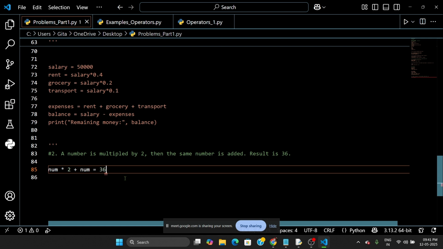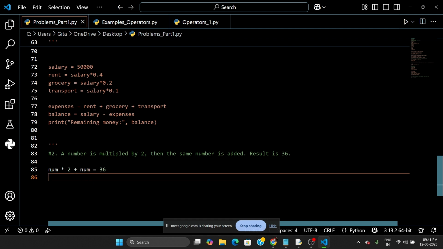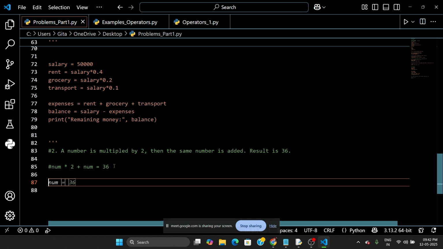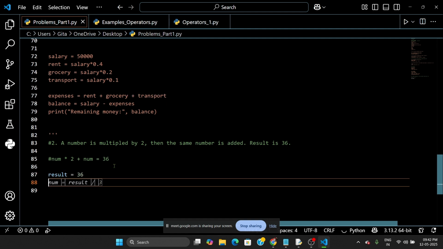ठीक है, नम, जिसका हमने रिजल्ट कितना मिलना चाहिए, विच इज इक्वल्स टू 36। अभी हमें फिगर आउट करना है कि ये जो नम है वो क्या हो सकता है जिससे कि हमें वो मिले। ठीक है। अभी इसको मैं कमेंट में डाल के रखता हूँ और इसके हिसाब से हम इसे कोड करते हैं। ठीक है। जैसे कि हमें पता है रिजल्ट, रिजल्ट क्या है, 36, सो रिजल्ट में ले लूंगा 36। ठीक है। नाउ वी हैव टू डिसाइड कि हम क्या परफॉर्म कर सकते हैं या फिर क्या मैथमेटिकल ऑपरेशन यूज कर सकते हैं टू फाइंड वेदर हाउ व्हाट इज द ओरिजिनल नंबर फॉर दिस। ओके।